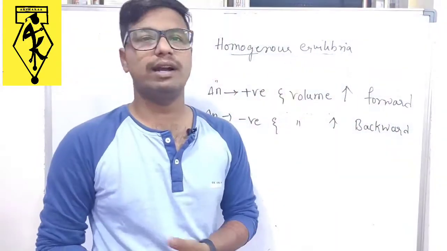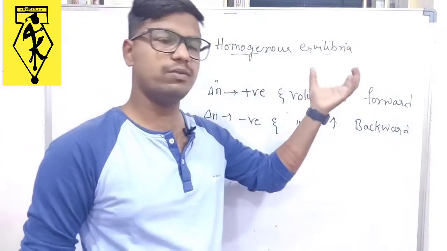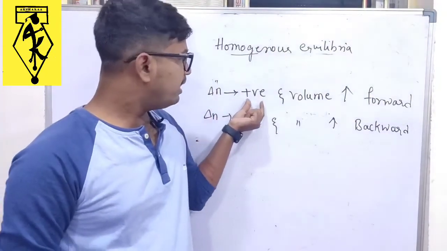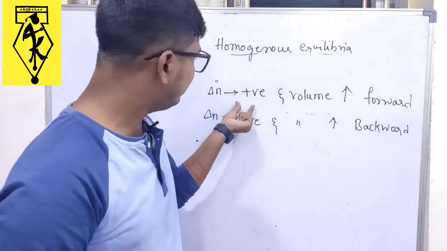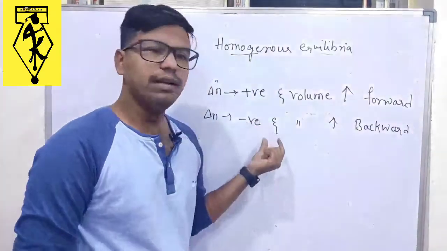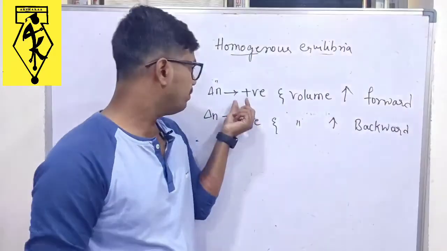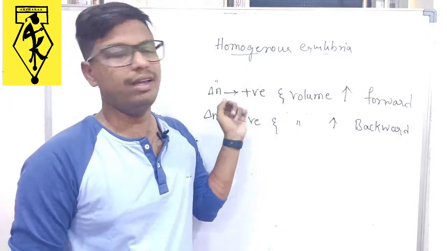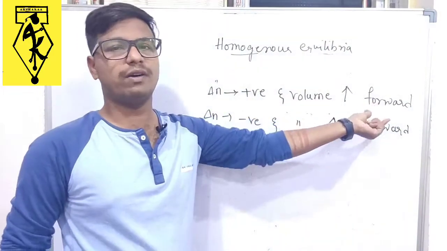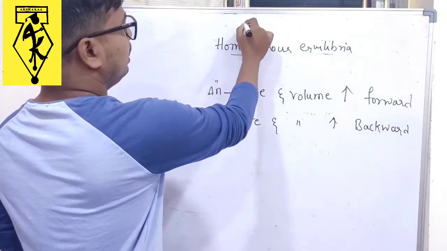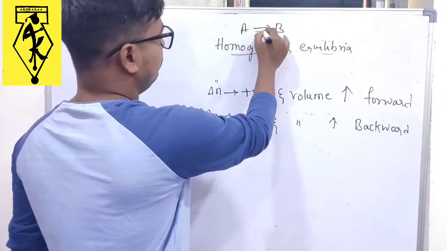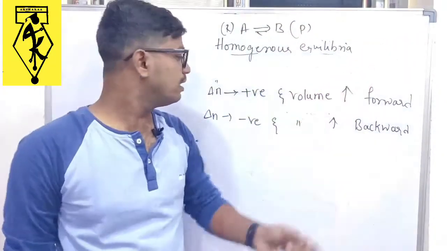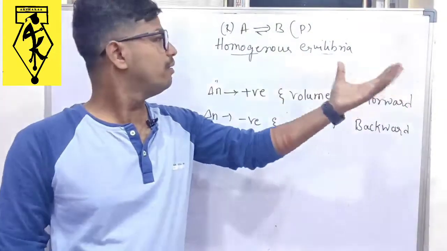Volume of the container. If volume of the container increases, what is happening at that particular delta N value? Now, if delta N is positive, that means the product's number of moles are more, and volume is increasing. So product formation is more here. So in this condition we say that it is going towards forward, right? Forward means A gives rise to B, it is in equilibrium. So it is the product we got, it is the reactant. If more number of products, products are at the right side. So you can say that the reaction is going towards the forward direction.